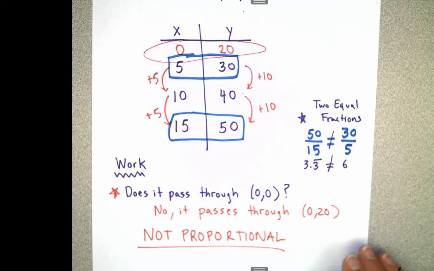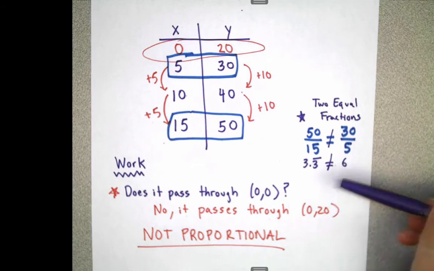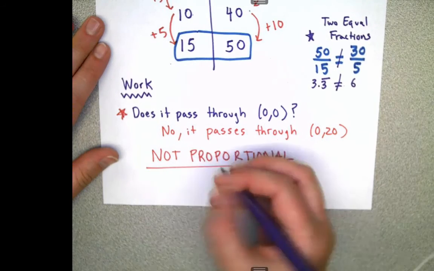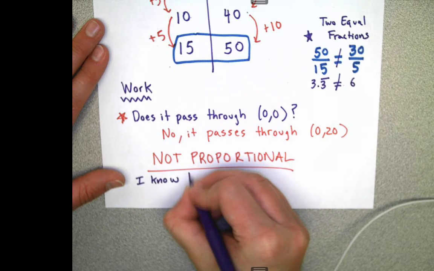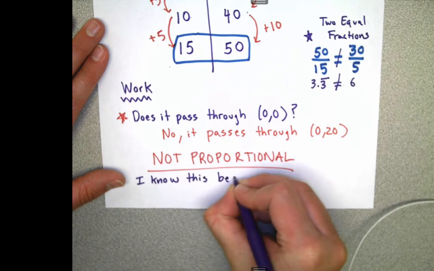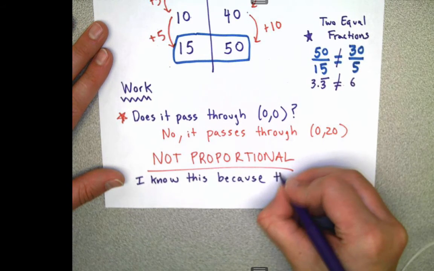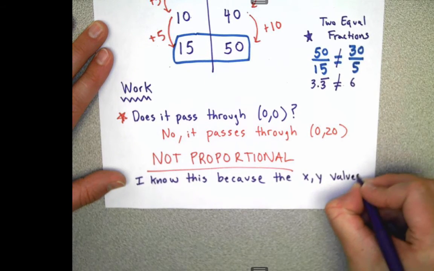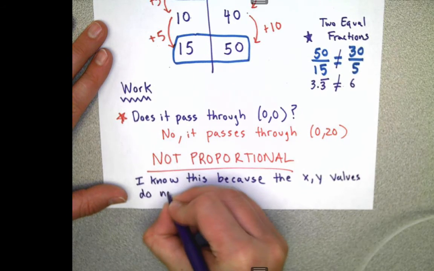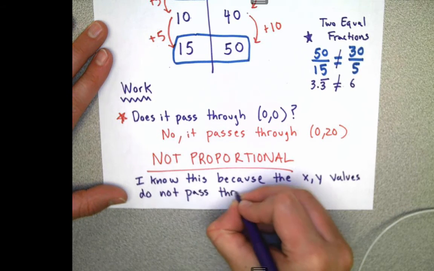So this is definitely not proportional, and I have a couple pieces of proof here. It doesn't go through 0, 0, and it doesn't have equal fractions. So if somebody said, can you write a response? Can you explain? I'd say, I know this because the x, y values do not pass through 0, 0,